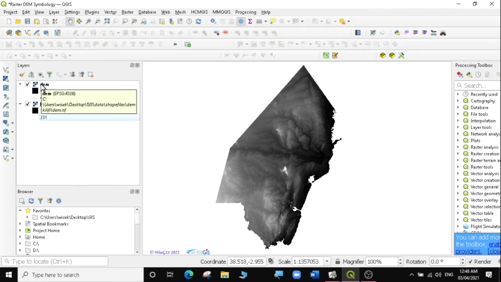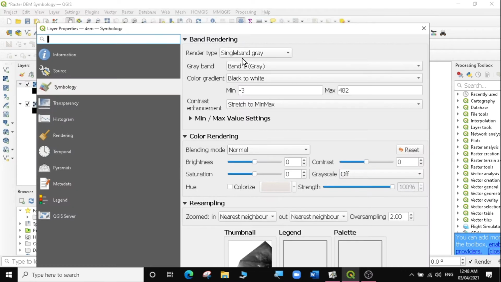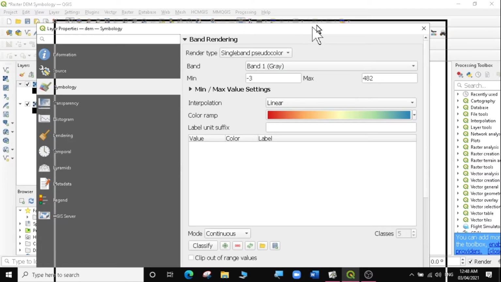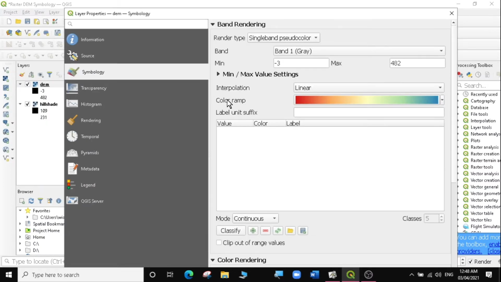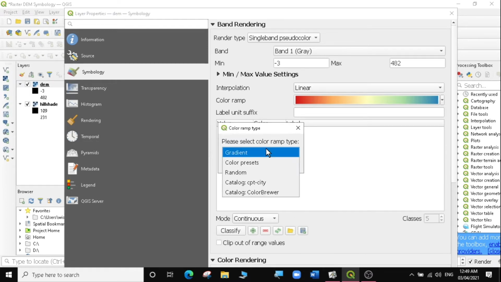And this is how I used to do it in the previous versions of QGIS before the latest release, which is QGIS 3.18. I used to style my raster very simply. Go to the raster, right click, go to Properties. Then instead of Singleband gray, I used the rendering type Singleband pseudocolor. For the color ramp, I would select the drop down here, then go to Create New Color Ramp, and then under gradient,